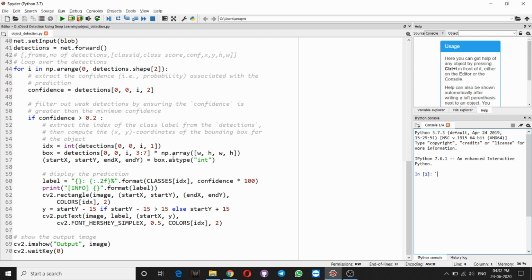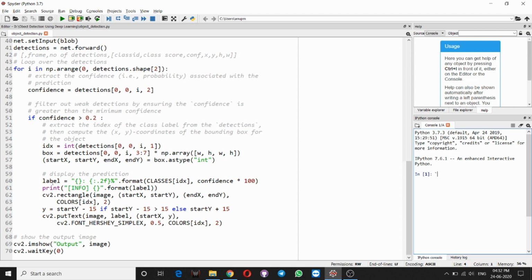Now after this we have to assign the coordinates of the box to startX, startY, endX and endY, and for this we are using box.astype(int) because we want these values to be integers, and all these four values are stored in these four variables. Then we have to display our prediction, which means the label of the class this detection belongs to.